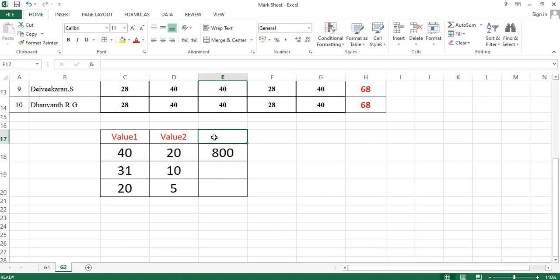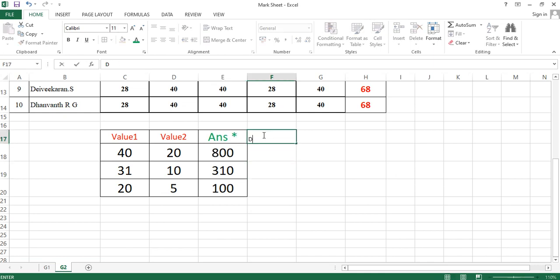Here, the answer. Select this, and if you want to change color for the answer, you can select like this and change it. Yes, so for one cell we are done, right? The same way, if you want to continue, just click here and you can drag it down. Okay, this is the simple multiplication answer. So for multiplication we will use this symbol.